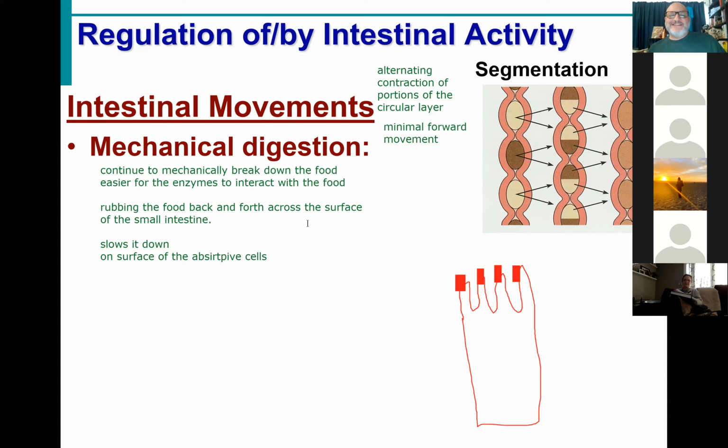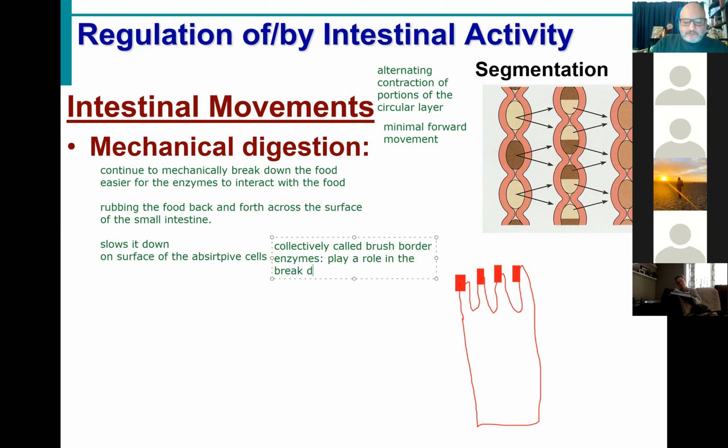There are literally dozens of these different types, and collectively, they are called the brush border enzymes. I will not hold you responsible for any of the names of the specific brush border enzymes. You just need to know them collectively as brush border enzymes and know that they play a role in the